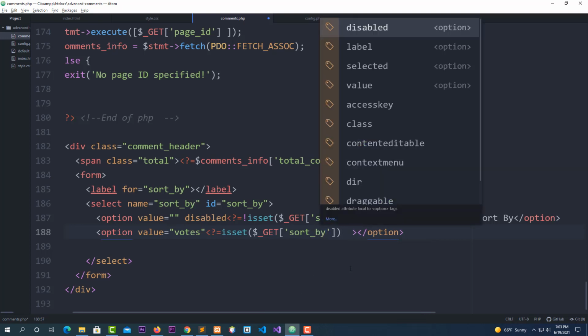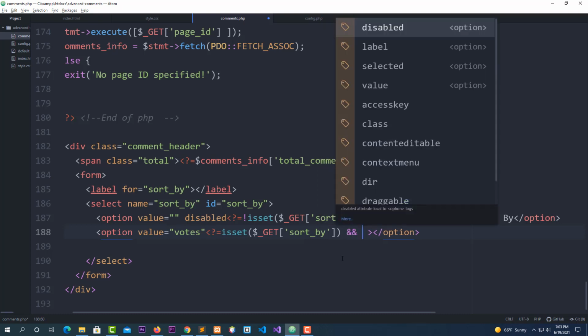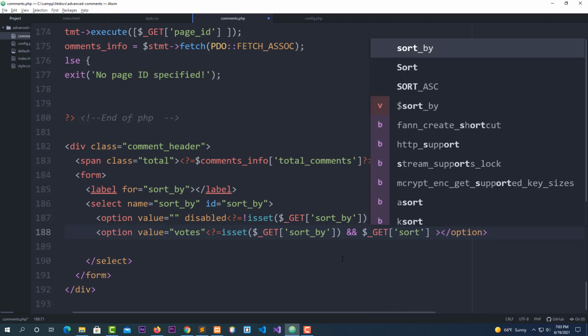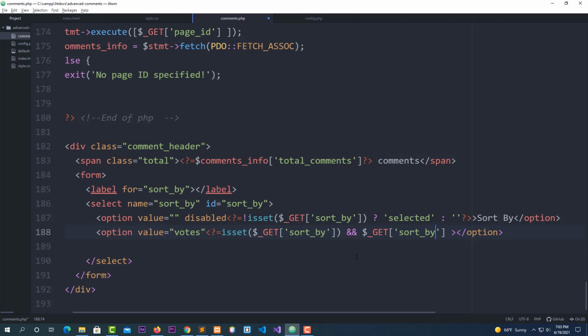Now after the closing here, I say space, &&, $_GET, bracket, single quote, sortby again, and go after the closing bracket here, equal, space, single quote,